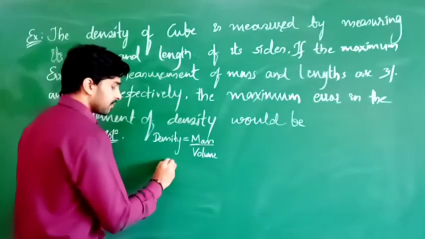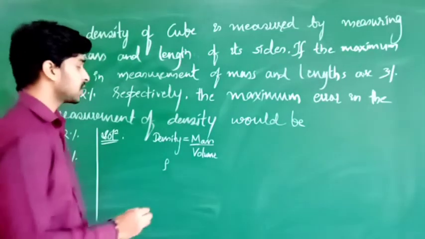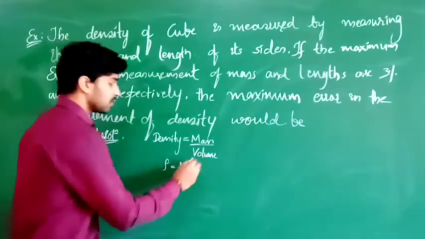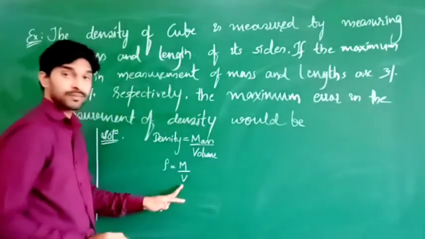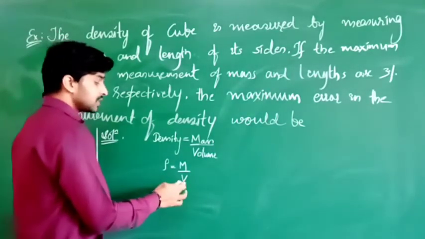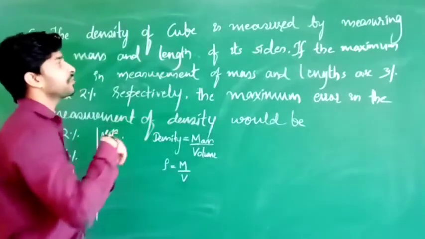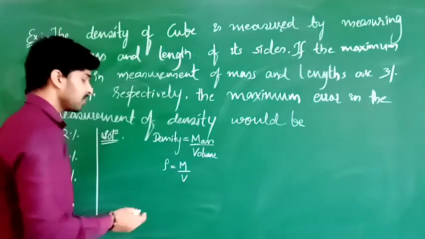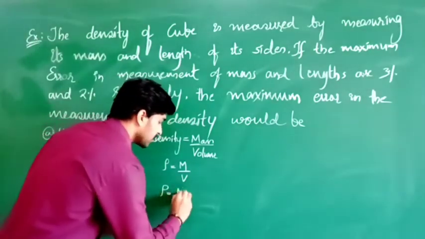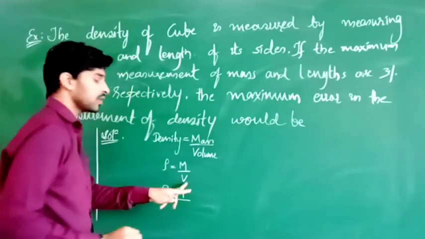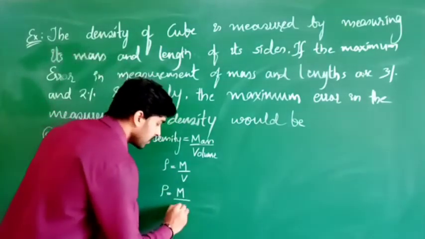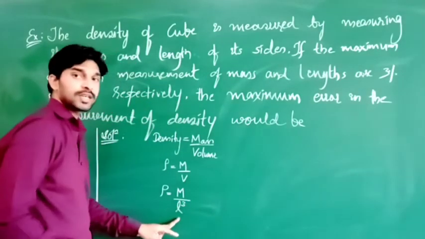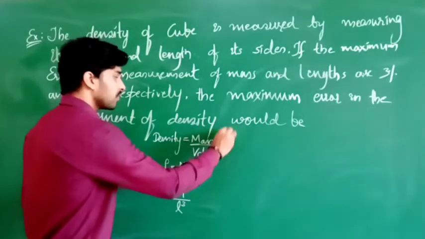So density I will represent it as rho. Clear? Generally, and mass we will be representing it as m. Clear? Next, volume will be representing it as v. Clear? So this is nothing but cube. Directly they had not given volume of the cube. Clear? But they had given length. So if I know length, means how we can calculate volume already, which we had discussed. What is that? Length into breadth into height will give us what? Volume. Correct? So in place of v, I will take it as L cube. Okay? Because it is a cube, all the three sides are equal. So now what we now want means